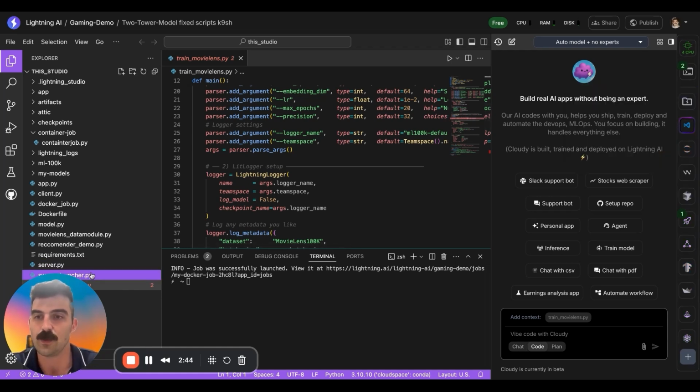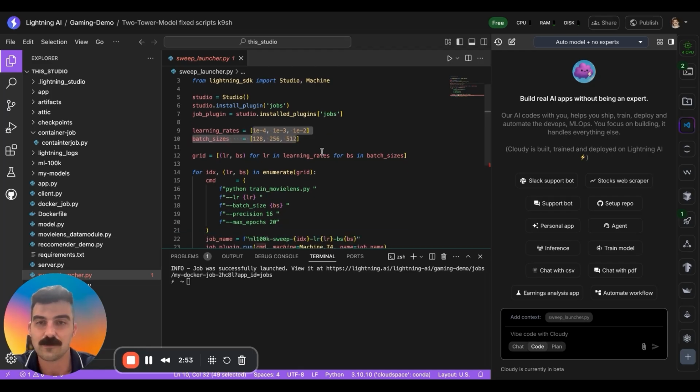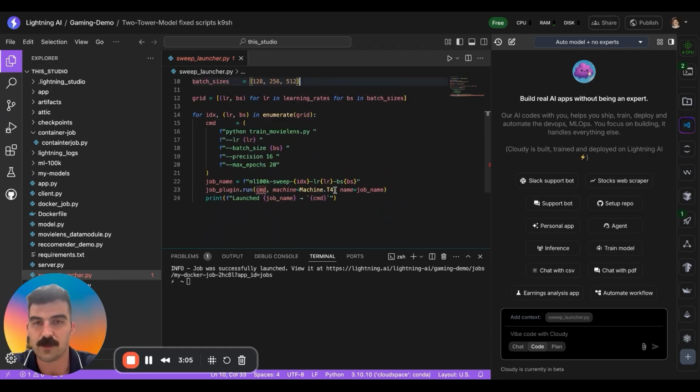So I have my sweep_launcher.py here, which takes that same script, that train_movielens.py, and then it takes all of the hyperparameters I want to test and loops through them. So this will create about 9 jobs because it's looping through 9 different permutations of hyperparameters. All I have to do is pick which machine I want to run on, which in this case is a T4. And then I can loop through and create a job that incorporates each of the permutations of hyperparameters that I want with just one click. So if I just do Python